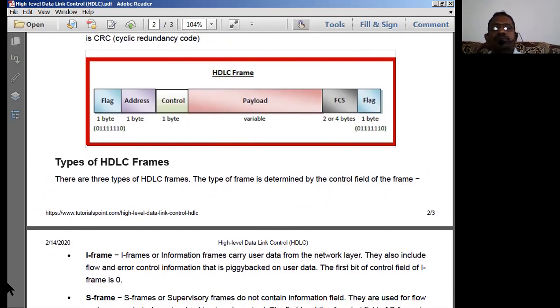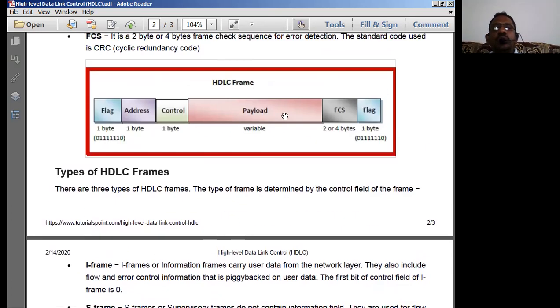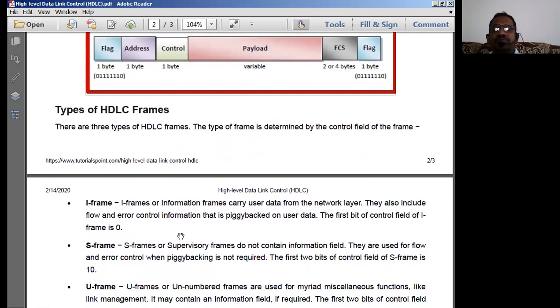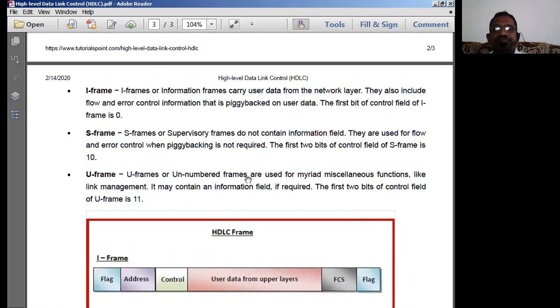So I can call this frame an I frame. Why? How can I call this frame an I frame? Because I have a payload. Instead of a payload, if you have a command, then it is known as an S frame. So these two are the primary differences between the various types of frames that we normally transmit through this particular network.